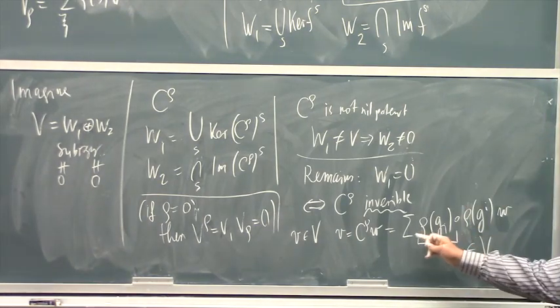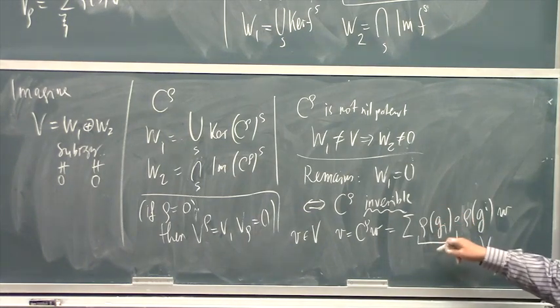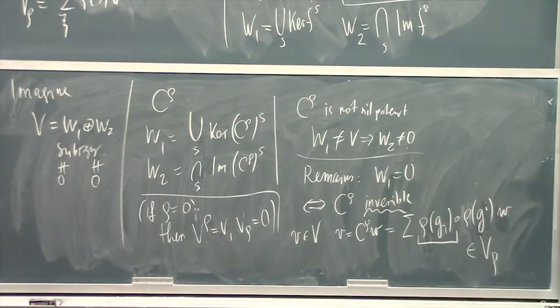It is a sum of rho, something applied to something, right? So every V in V belongs to